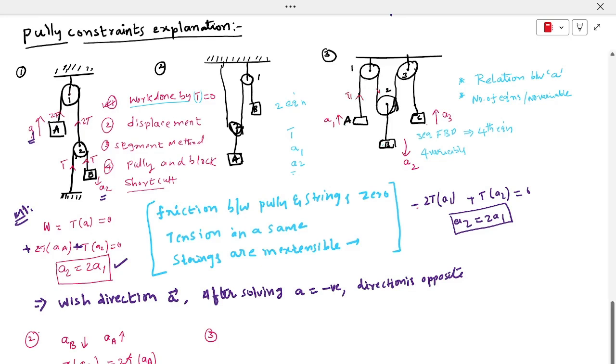So this string is also T1. T1 is pulling. T1 and a T1. On the blocks, T1 is the pulling force. On the pulley also it is a T1 pulling force. Therefore, according to the work done by the tension method,